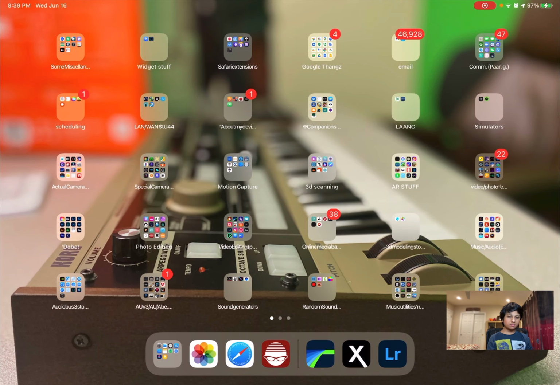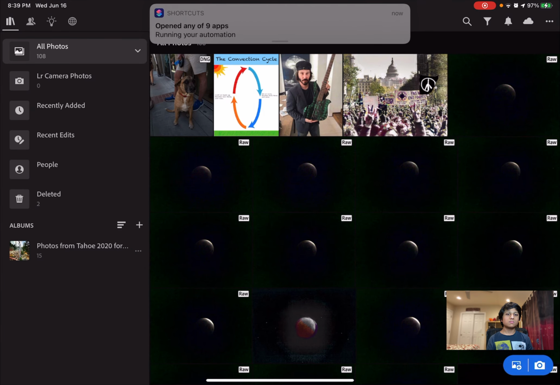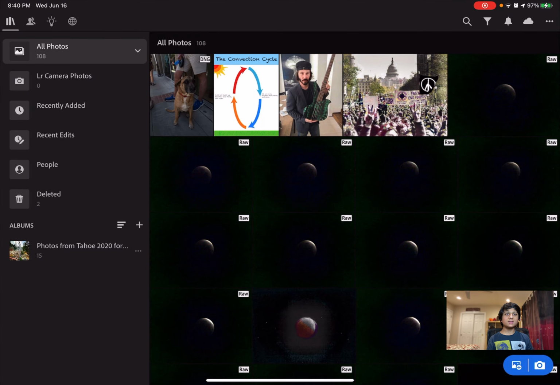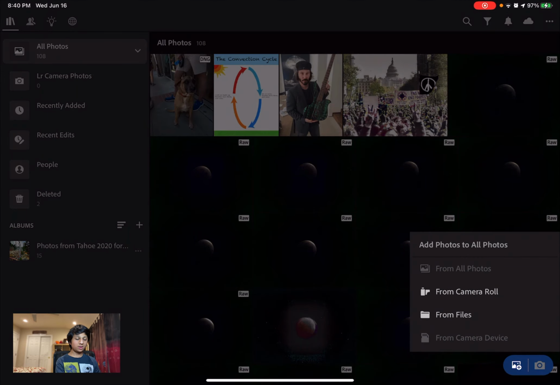So we open Lightroom. And this is the home screen that you'll see in Lightroom. So let's tap on a photo that I've already added. But you know what? Before doing that, I'll show you how to add it. So you tap this little photo with a plus symbol icon in the bottom right, and you can add a